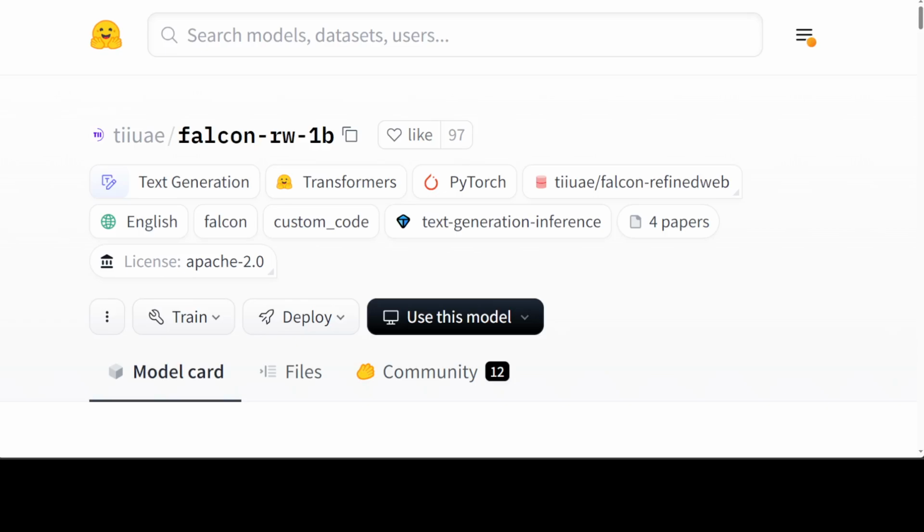Now coming back to this model, one of the good things about this model is that it seems really suitable for edge devices. Falcon RW 1 billion is a 1 billion parameter causal decoder only model built by TII, which I just showed you, and trained on 350 billion tokens of RefinedWeb. The good thing is that it is available under the Apache 2 license, which is almost free. RefinedWeb is a high-quality web dataset built by leveraging stringent filtering and large-scale deduplication. Falcon RW 1 billion is trained on this RefinedWeb only, and it has already outperformed some of the other smallish